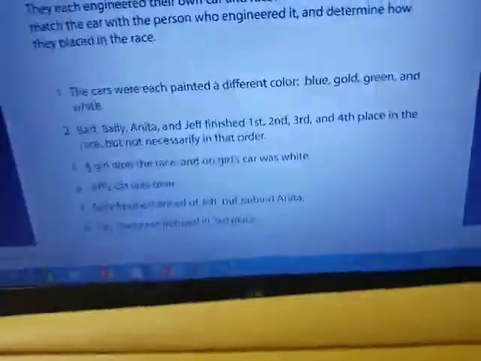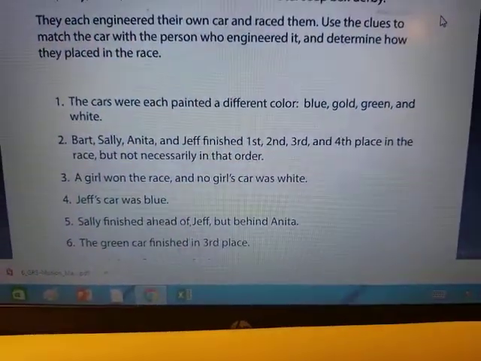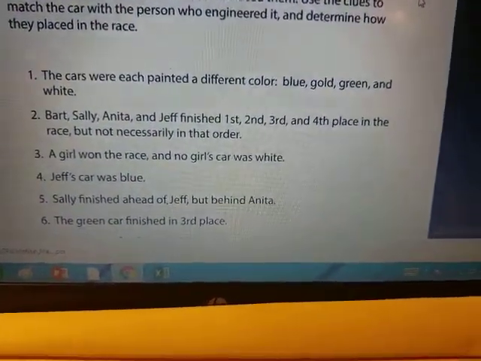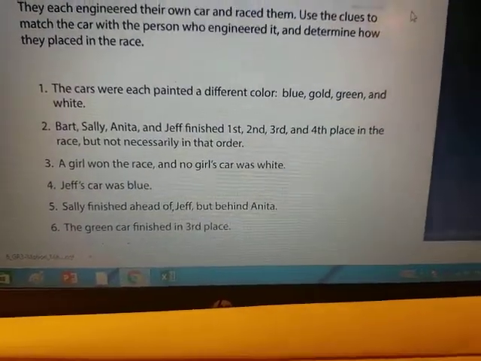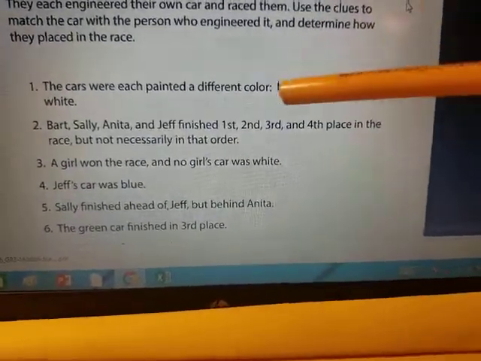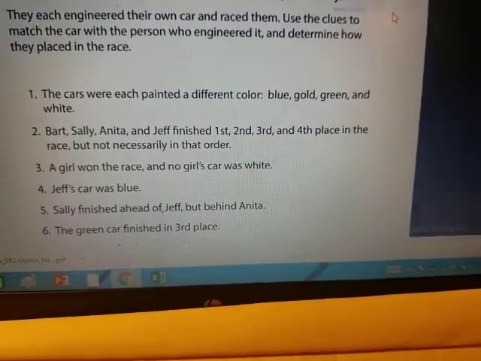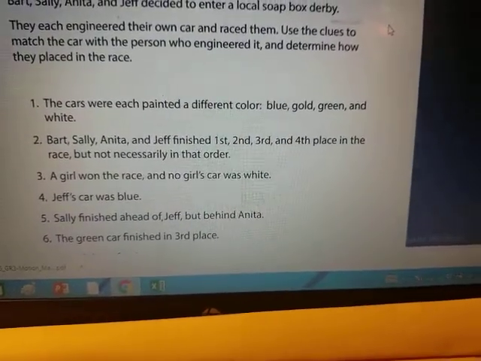And you might want to write their car color because they're going to ask you what their car color is. So 2 things you need to do. You need to figure out who comes in first, second, third, and fourth. Then you also have to tell me what color car they have. Here are the clues down here. Now, before you write anything, the best thing to do is to read all the clues first because you might not go in order. You might want to go with the easiest clue.